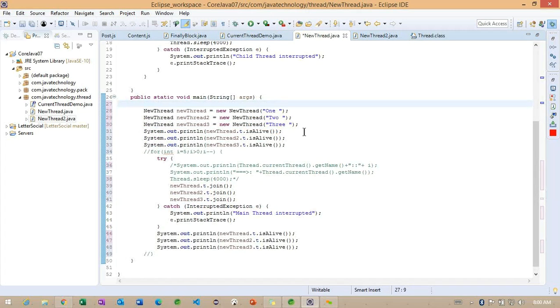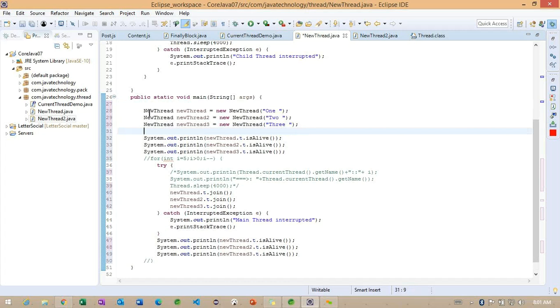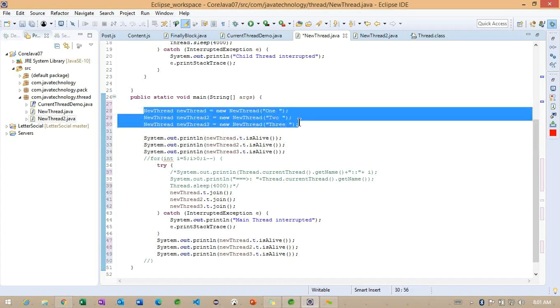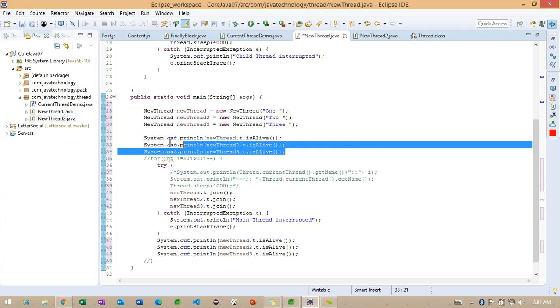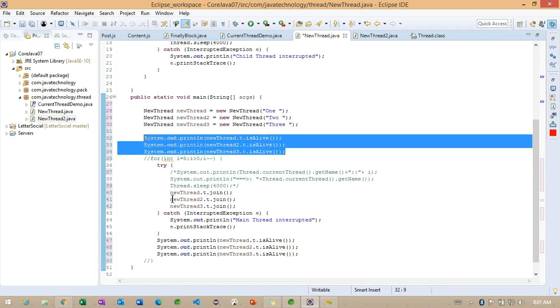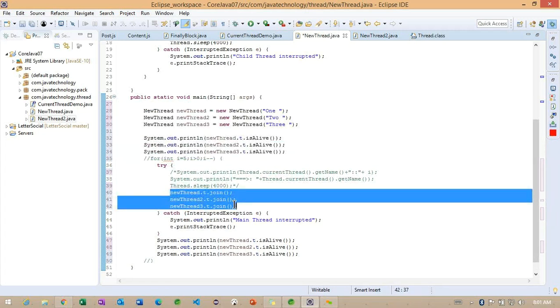Carefully observe, this is very important here. What exactly are we doing? We are creating three threads here. We are checking whether these three threads are available or not. And after that, we are calling the join method. Whenever we call the join method, what happens internally? Based on the name, the current thread is going to wait until the termination of the current thread. Getting the point? The join method is going to wait until then.